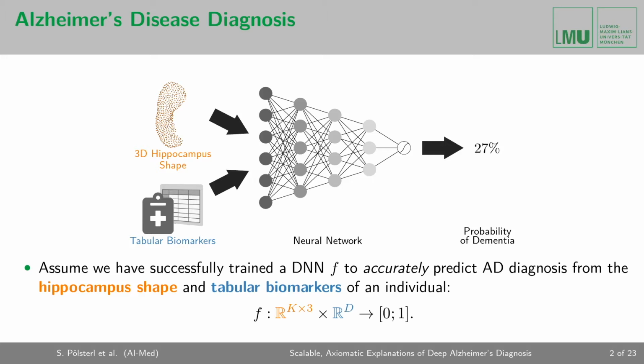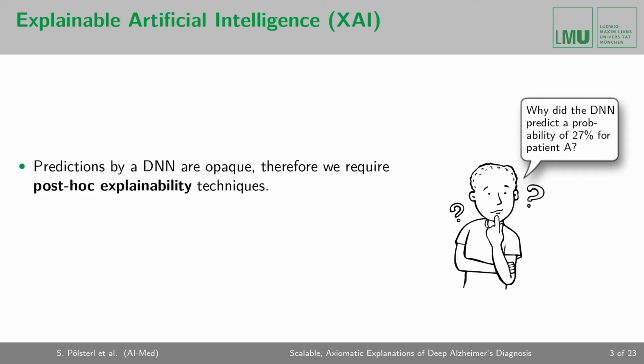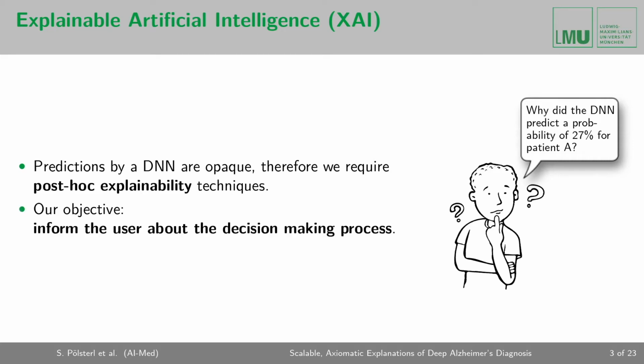We denote such a network by the function f and will assume that it has been trained successfully and achieves high predictive performance. While high predictive performance is a first step towards deploying such a model, we still have the issue that its decisions are opaque, which means we require post-hoc techniques to explain those decisions to a user. Therefore, our work falls under the broad category of explainable AI. In particular, we seek to explain to the user how the prediction for one specific input came to be. To this end, we assign each part of the input a score that corresponds to its marginal contribution to the